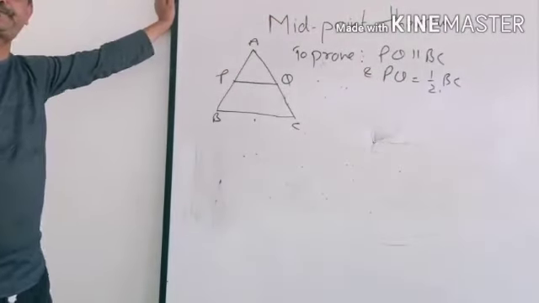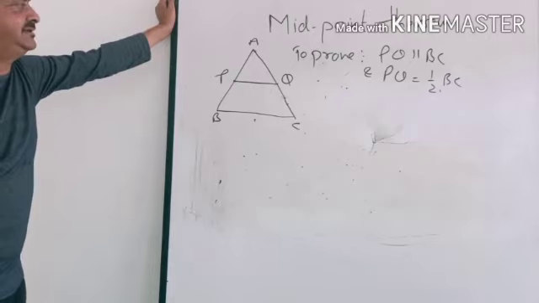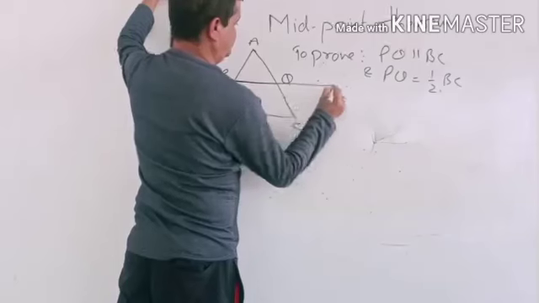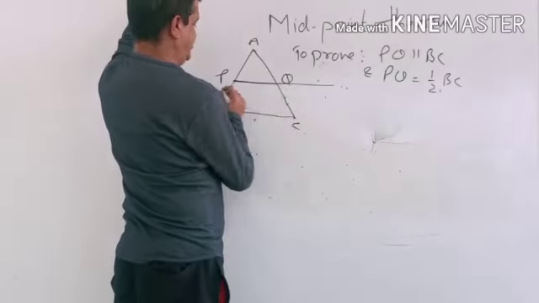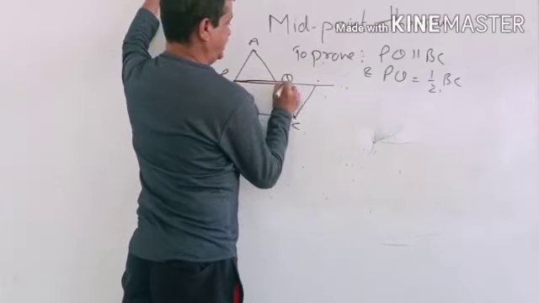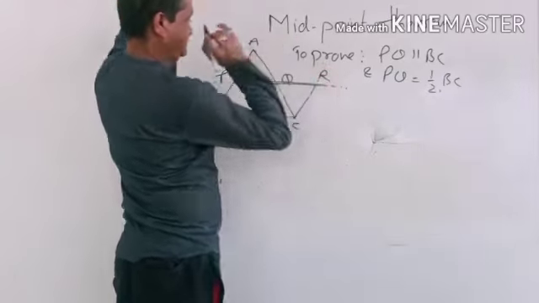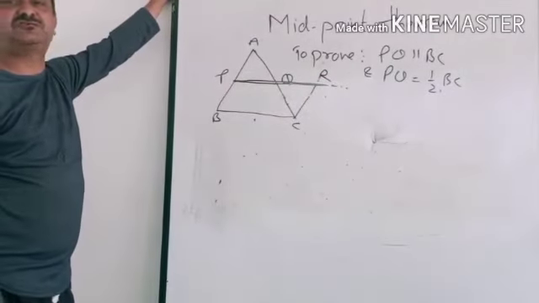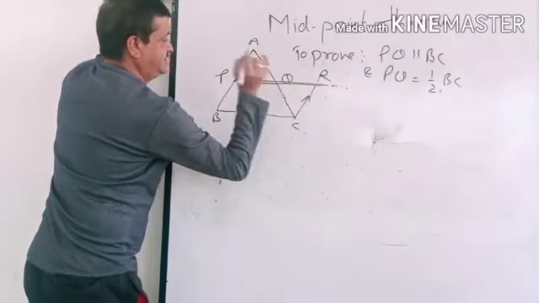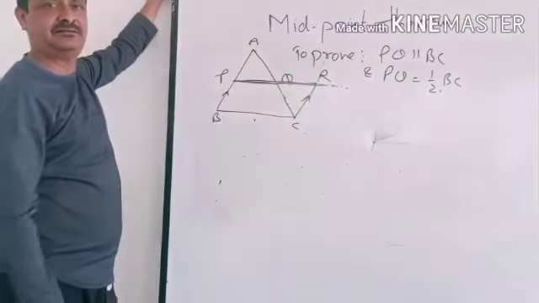Clear? It is to be proven. For that, a little bit of construction is needed. Proceed PQ and through C draw a line parallel to AB. Extend PQ and let these two lines cut at R. This is the construction work which you have to do. Draw a line through C parallel to AB, and proceed PQ until these two lines cut. Suppose that is the point R.